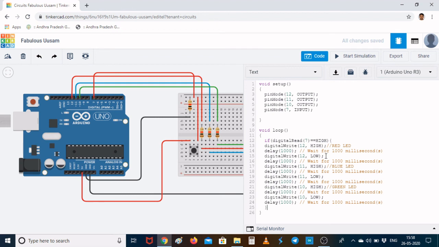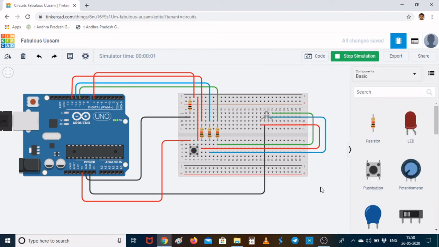Let us see whether this is going to happen after executing the simulation. Start simulation; it is going to initialize, it takes some time, then you observe. So now the LED is not blinking. Until I press the push button, the LED will not blink. Now I have pressed this push button, and you can observe blinking of your tricolor LED. Once I press the push button, it blinks only one time.